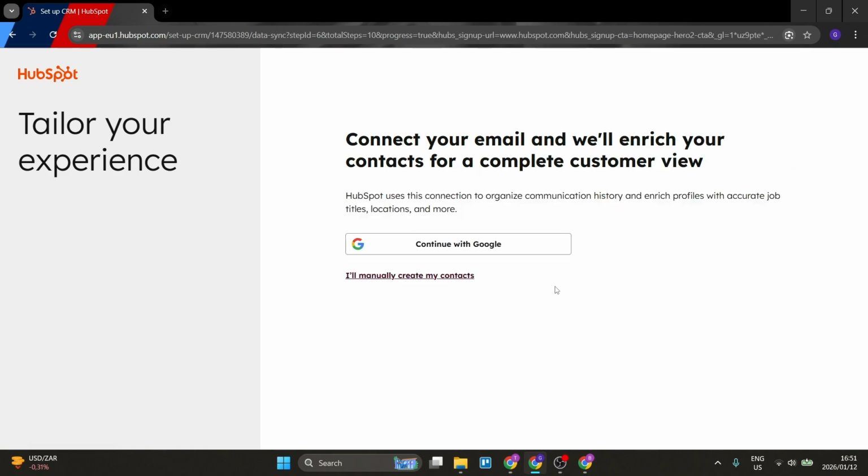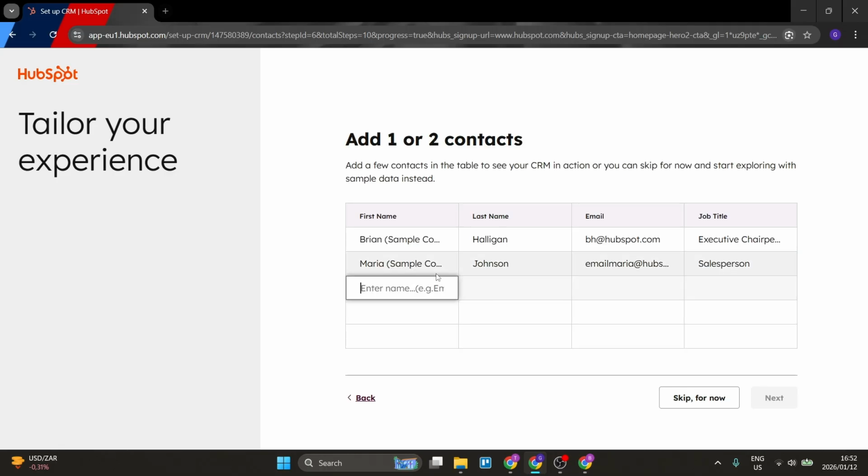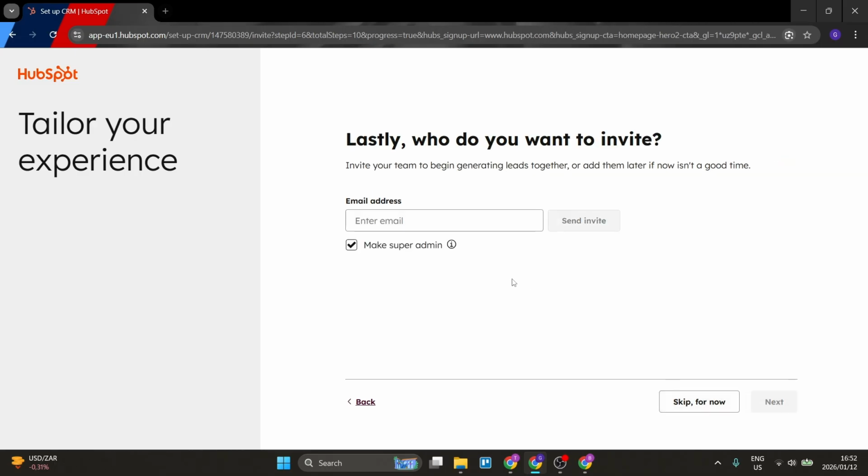Let's go ahead and connect your email with your account. So you can say continue with Google, or you can just say I'll manually create my contacts. Now this will just take all of your contacts and throw them straight into HubSpot without you having to actually do it. You can see over here that you can also just add in some contacts manually. Again, you can go ahead, add them in, click on next, but for now we're just going to say skip,